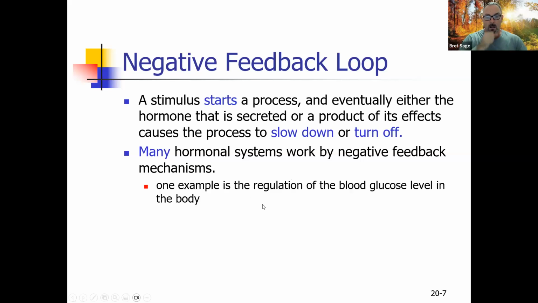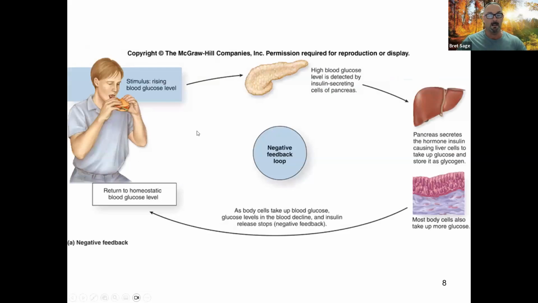One example is the regulation of blood glucose levels in the body. So how does this work? Well, one of the ways to go away from normal blood sugar is to eat something containing sugar. So for example, the bun is flour. Flour contains starch. Starch contains sugar. And as we digest it, sugar is released. And what happens is blood sugar rises. That's a stimulus to the pancreas to release